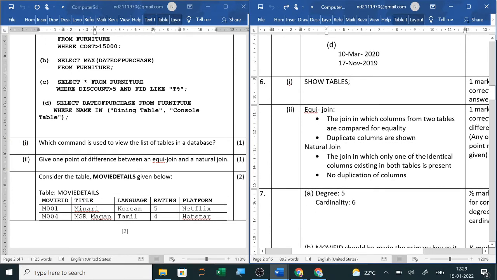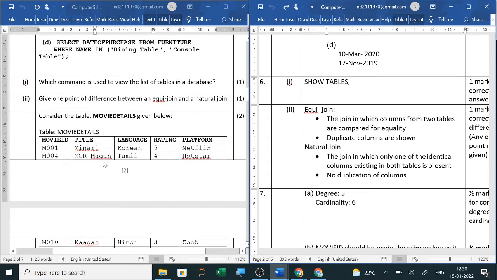The join in which columns from two tables are compared for equality, duplicate columns are shown. The join in which only one of the identical columns existing in both the tables is present, no duplication of columns. So this we will remember that in equijoin duplicate columns are shown, but in natural join no duplication of columns. You have seen when you were joining the emp_id, it was showing 2 times. So that is the difference.